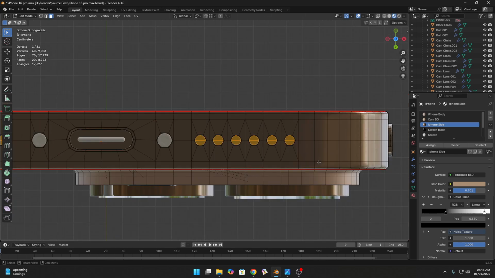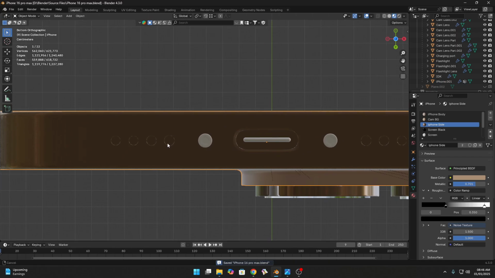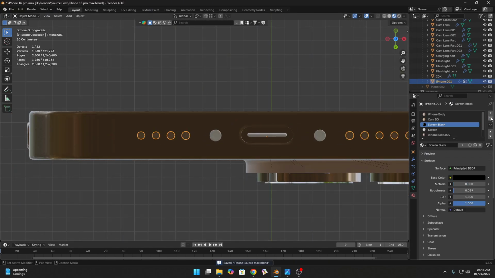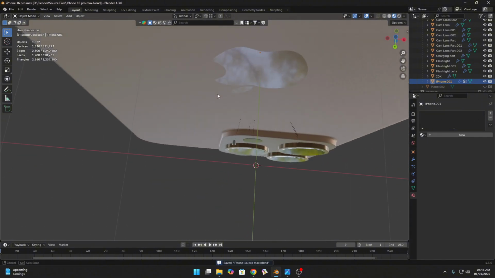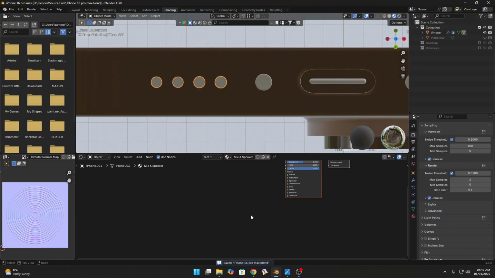Select this and press P and separate by selection. Now select this with the iPhone, press Ctrl P and keep parent, so it also moves with the camera. Now select this, go to edit mode, sorry, select this and just remove every material from that, and now add a new material, name it mic and speaker, and go to the shading tab